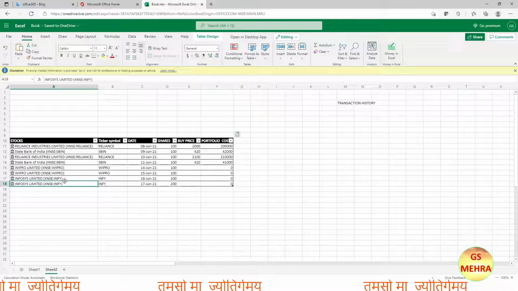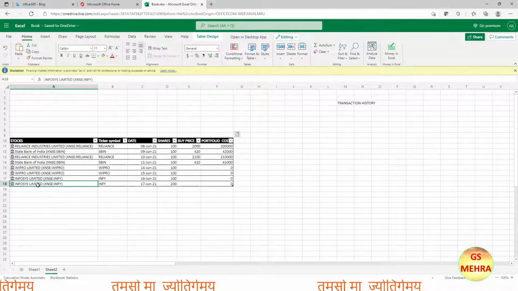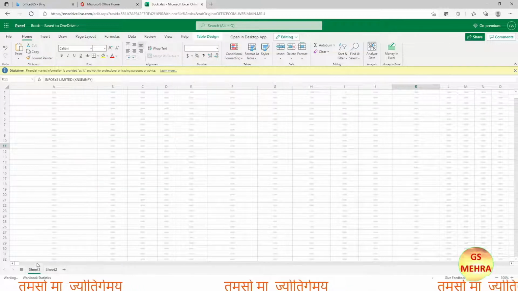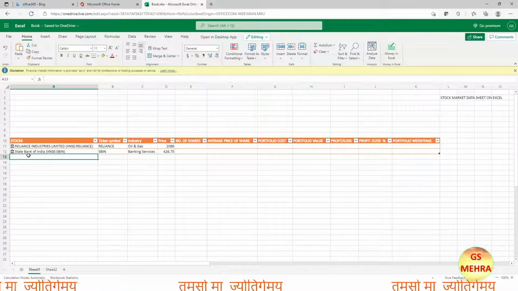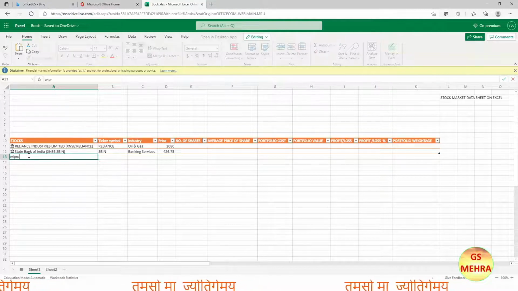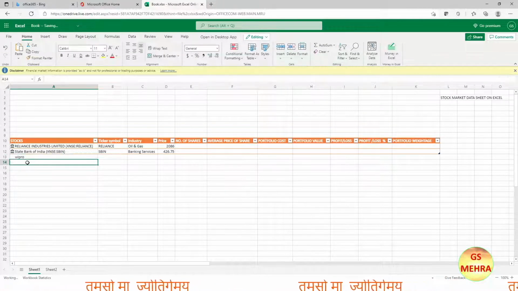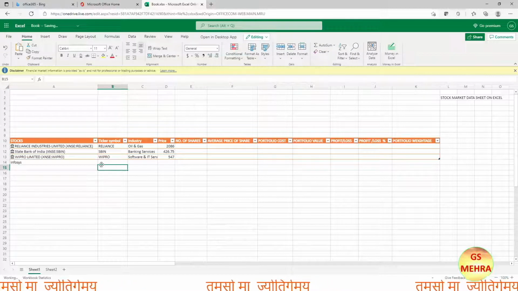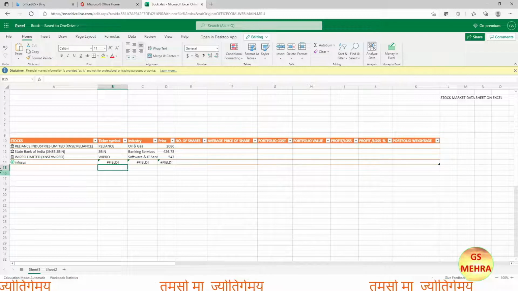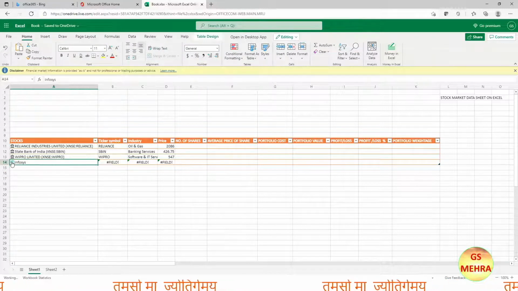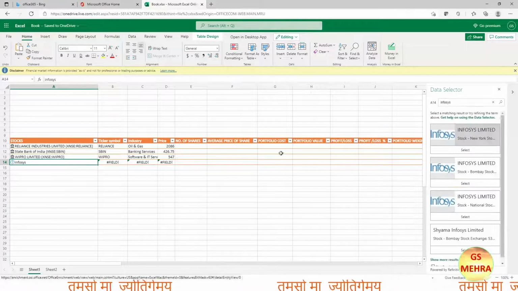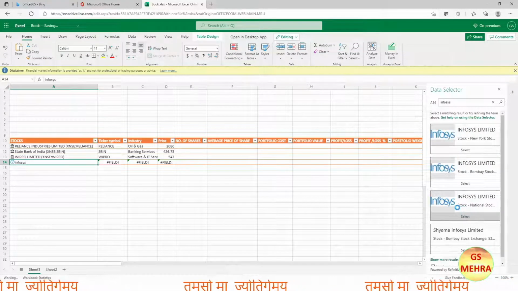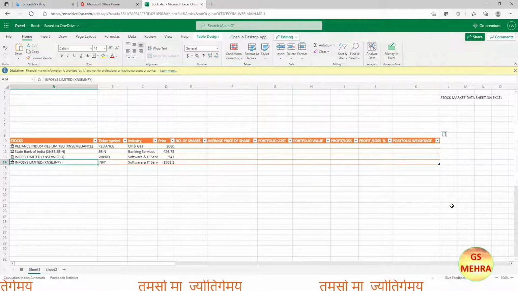Now let us go back to sheet 1. Here we'll have to add the two stocks which we are having the record of in our transaction history, because here we are not having that record. So this is our portfolio tracker. So in Wipro we have written, and here we have written Infosys, and Infosys is again having a doubt about which stock exchange we have to take. So we'll click on National Stock Exchange, and now all the details are filling on their own. There is ticker symbol, industry, and the latest price.